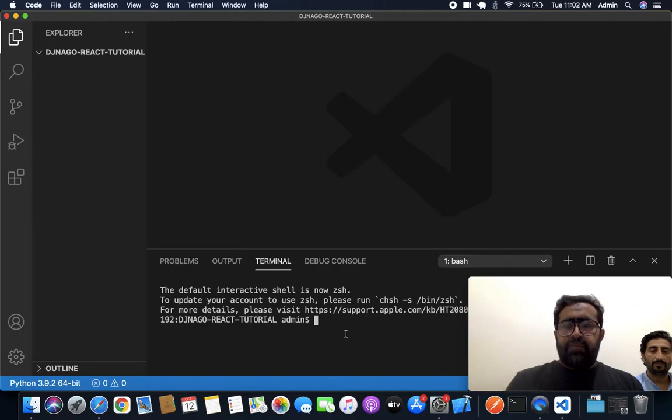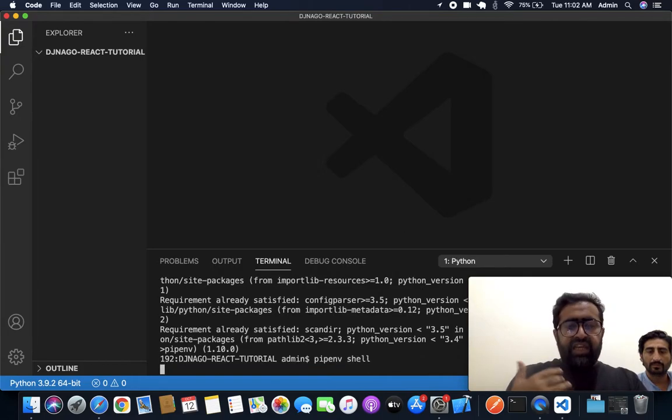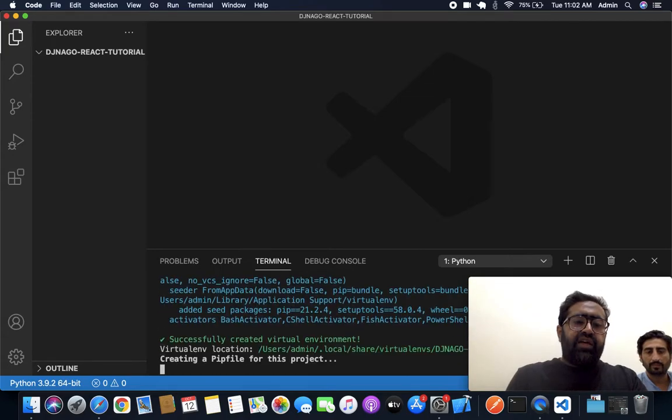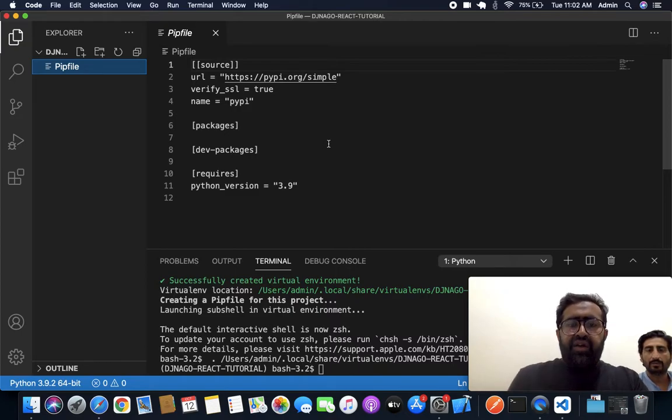Now I will create a pipenv environment. In the pipenv environment, I can easily create the application. For creating the pipenv environment, I should install it: pip install pipenv. When I run this command, it will create a pipenv environment. Now I need to run pipenv shell, and it will create the virtual environment, and a new Pipfile will be there. You can see a new Pipfile will be there,